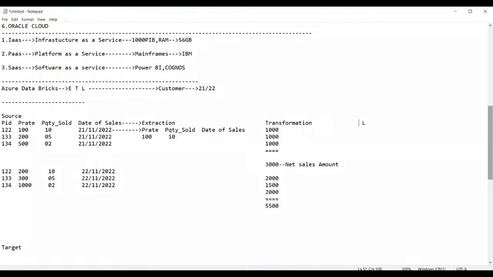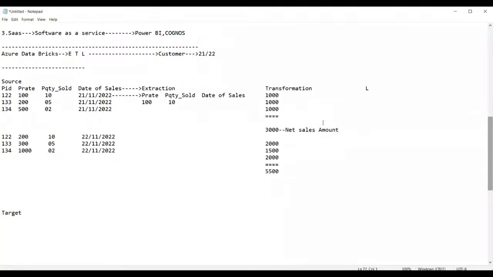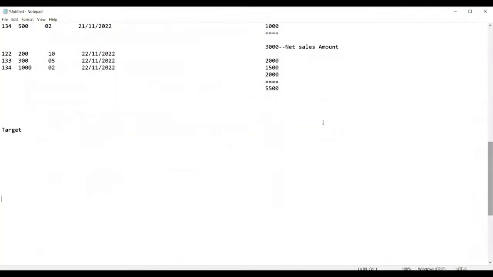It's done now. Finally, you will be loading the data into the target. So how will I load the data? I will load the data like this. See here. Net sales amount is 3000. And for which date?